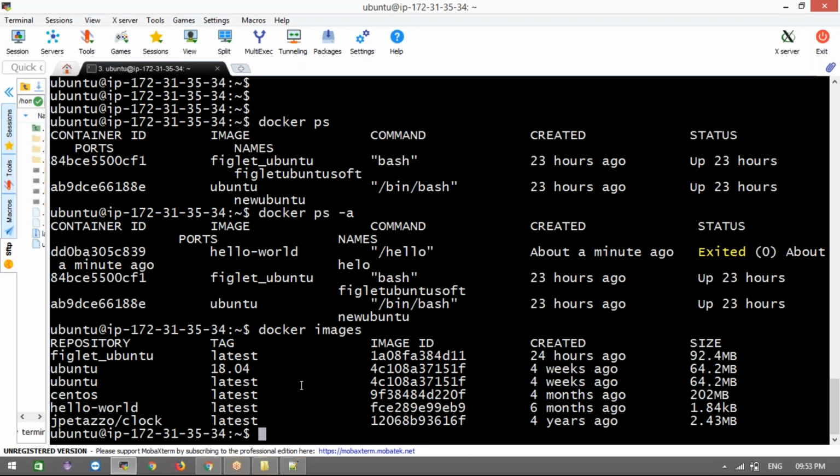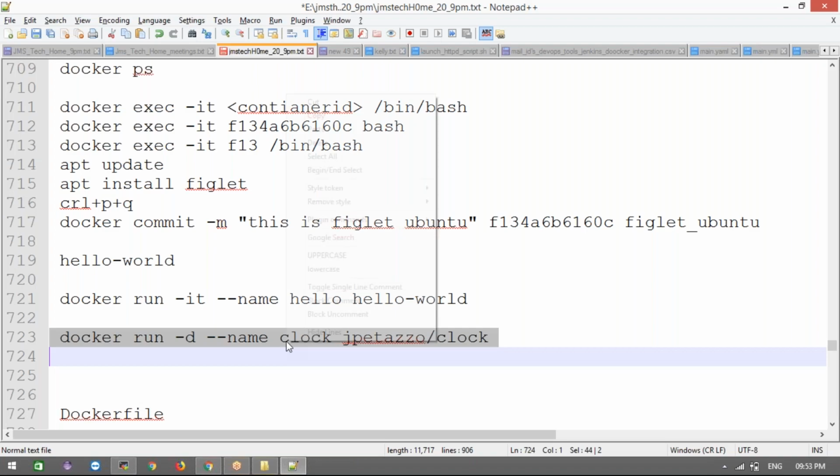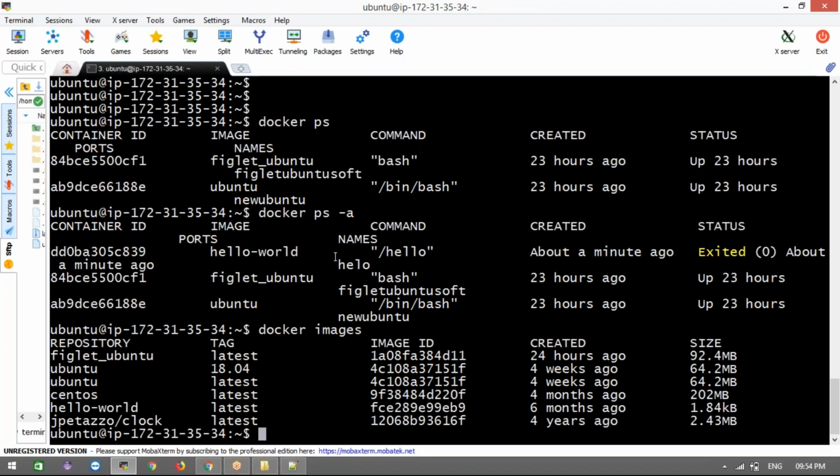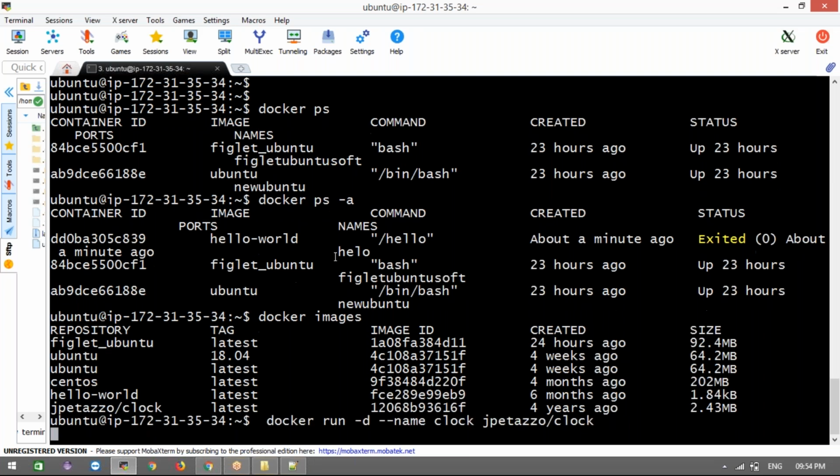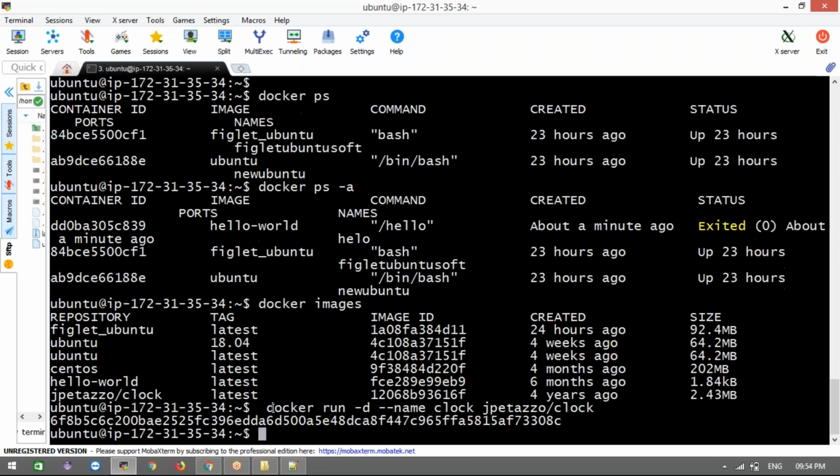Copy the image name. It will run in the background. See, this is our ID, the daemon ID. Now check docker ps. It's taking too much time today.